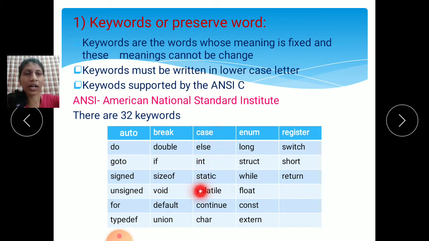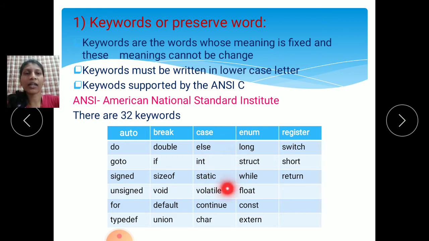See here, these are the 32 keywords: auto, do, goto, signed, unsigned, for, typedef, break, double, if, sizeof, void, default, union, case, else, int, static, volatile, continue, char, enum, long, struct, while, float, const, extern, register, switch, short, and return.